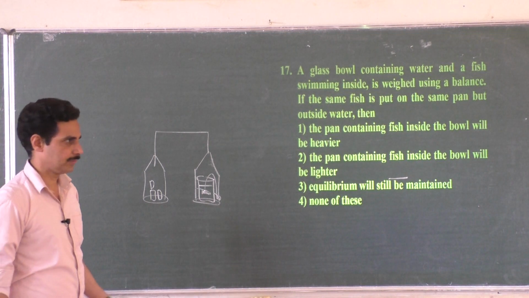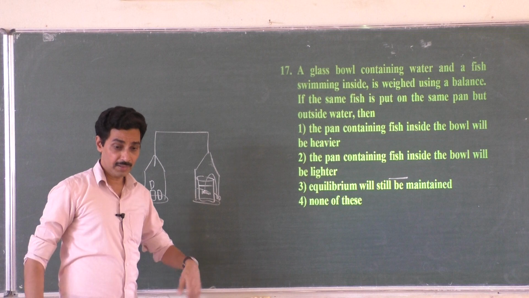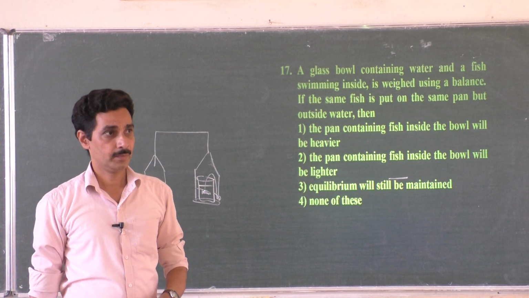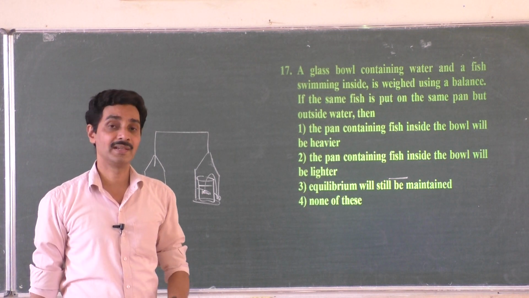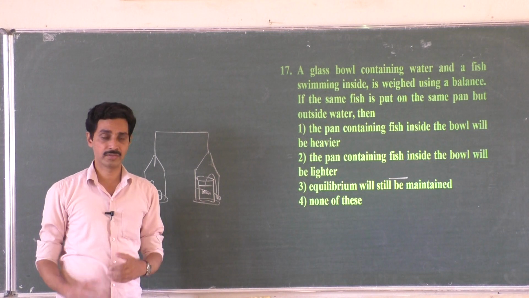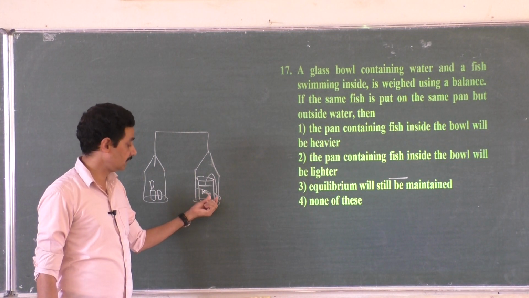How can it change? It will remain the same, right? So in total we have water, fish, everything, right? Fish may lose its weight when it is put inside water, but it is not an actual loss of weight. It is the apparent loss of weight because of the pushing of water molecules. So that is an apparent loss of weight. Actually it will have its own weight.